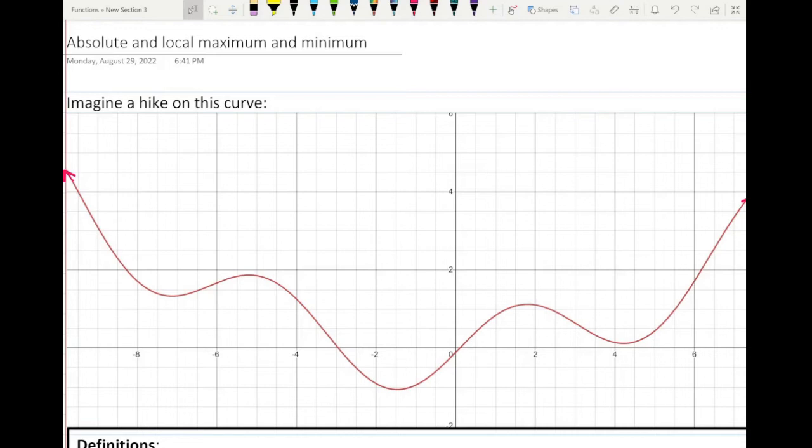Hey everyone, today we're going to be talking about absolute and local maximum and minimum. Now, before we get into the nitty-gritty details of the definitions of these things, I want to give you a broader sense of what these terms are supposed to capture in your mind, the intuitive notion that they try to formalize. So imagine that this curve here, representing some function, is a mountain, and that you, represented by a stick